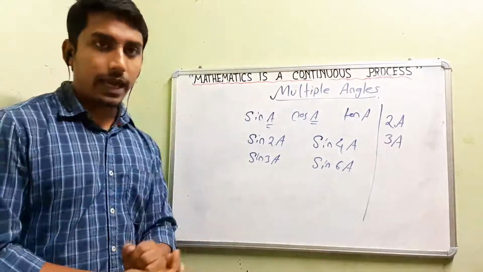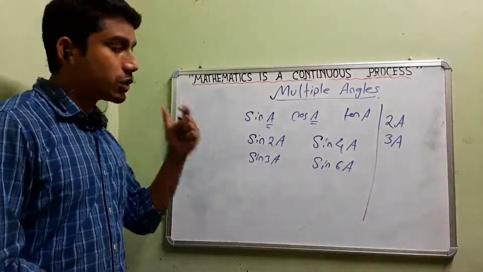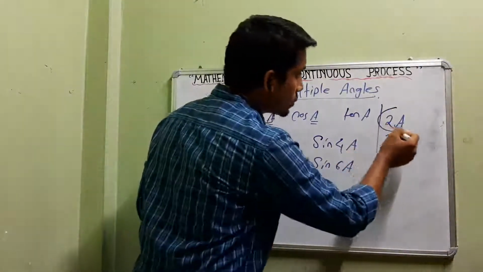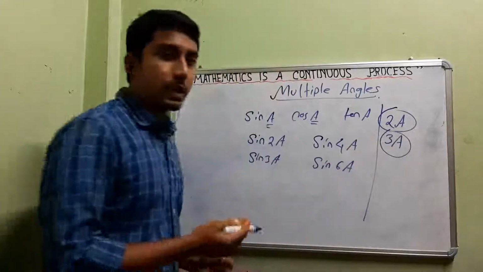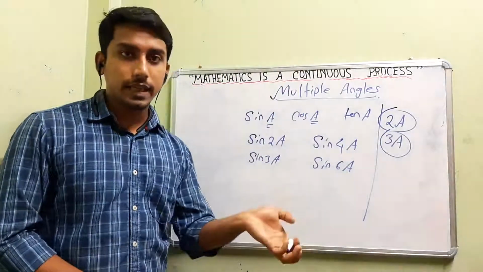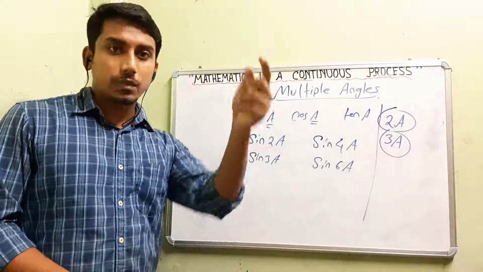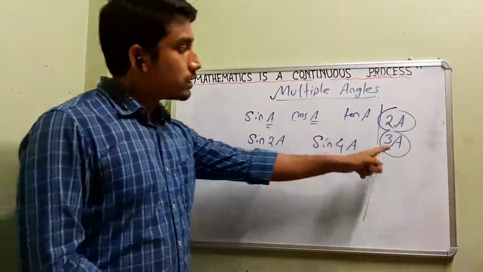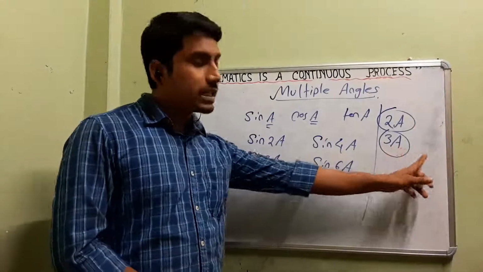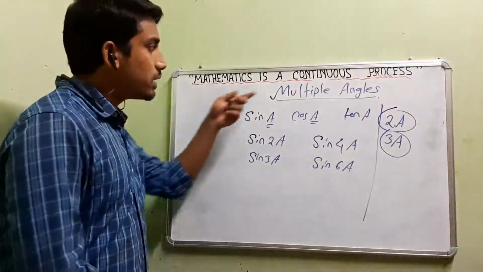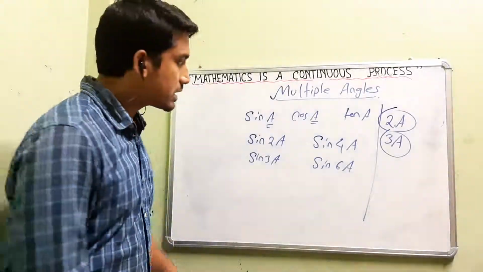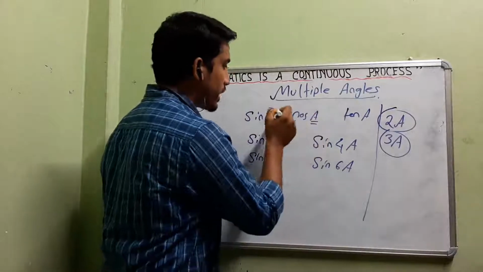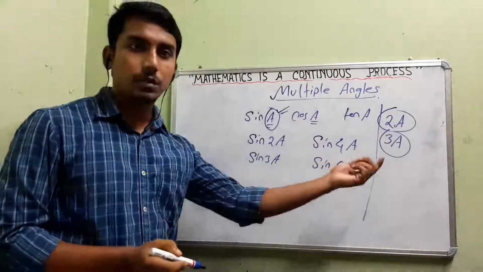We'll discuss the trigonometric functions of some specific angles which are the multiples of the angle 2A and the angle 3A. Multiple in the sense like 2A, 4A, 6A, 12A, all are multiples of 2. Similarly, all the things are multiples of 3, isn't it? So the angles which are multiples of 3A and 2A, we'll study in the topic multiple angles. And obviously this 2A is a multiple of A as well, and this 3A is a multiple of A as well.